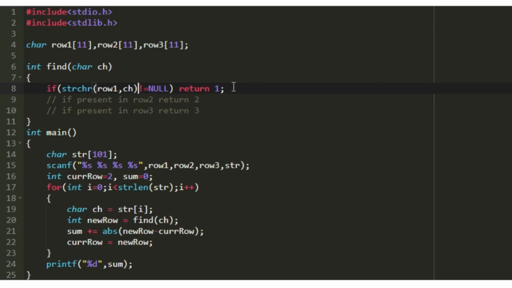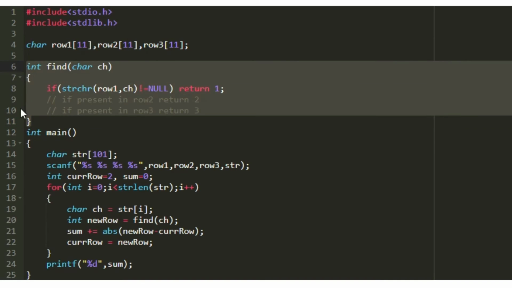But if the character CH is not present, then it returns null. So whenever this function doesn't return null, it means that the particular character CH is present in that character array. If the character CH is present in row 1, then this function returns 1. Similarly, we have to write the lines of code for row 2 and row 3. So this is how this function find works.